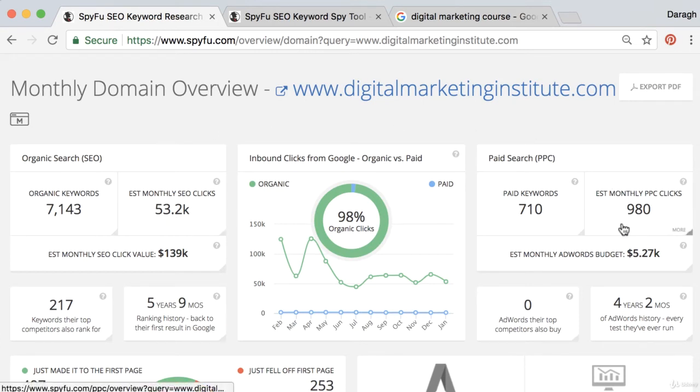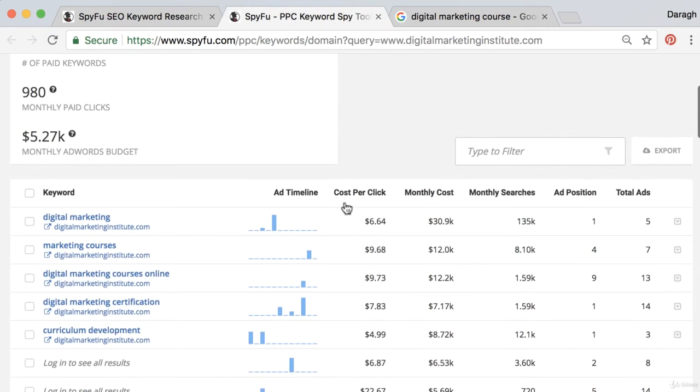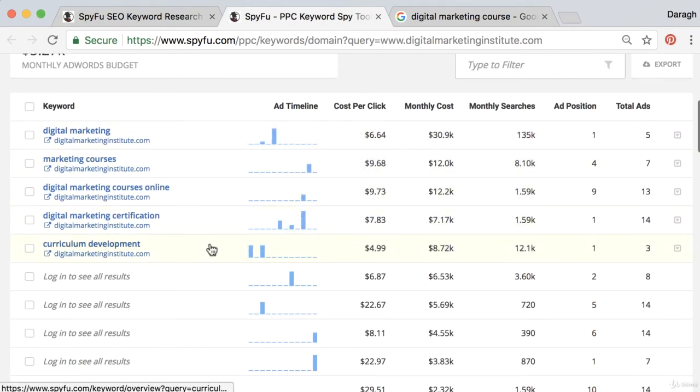Now over on the right hand side, we have information about their paid search. So these are the keywords that they're actually paying to be at the top of the search results for. And the interesting thing to note straight away is that they're only paying for 700 keywords. So you can look across and see, wow, that's almost exactly 10%. And so these must be the most valuable keywords. If they are paying for these, they must be the most profitable for them to appear at the top of the search results for. And if we open this up again, we can see a preview of what those keywords are,